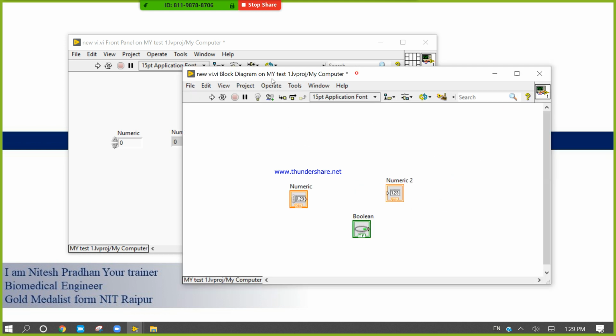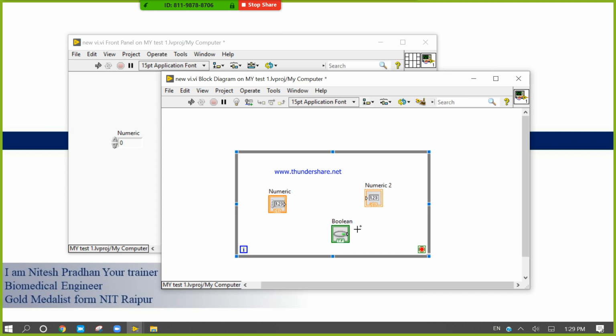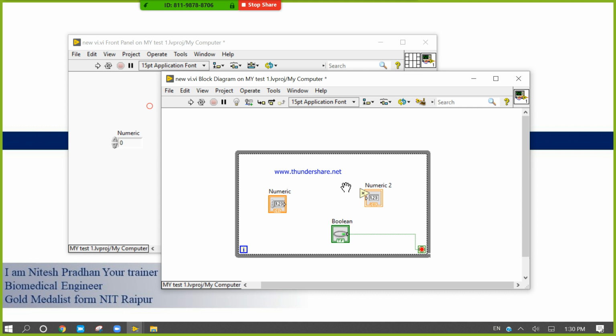We can create a block diagram by using these objects, this kind of structures, this kind of wires, this kind of functions, this kind of terminals and this kind of nodes.